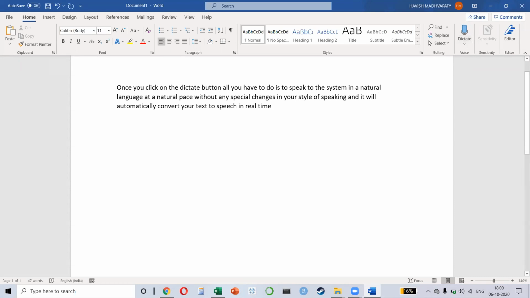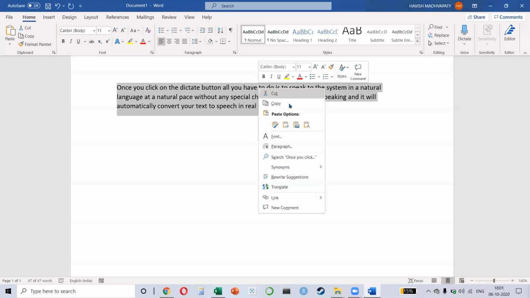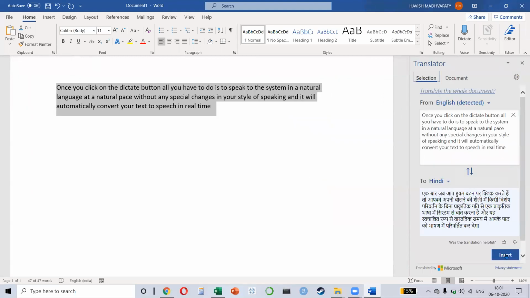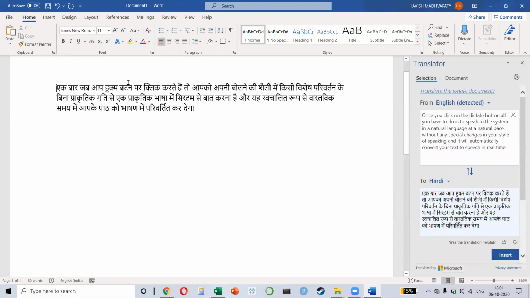Now, there used to be companies in the past that did all of this work, which is called transcribing or transcripting. And now in one click, I can just click on dictate. If I want to convert it, I can just right click, translate, and it will translate for me. Just imagine how cool is that. So that's the future.